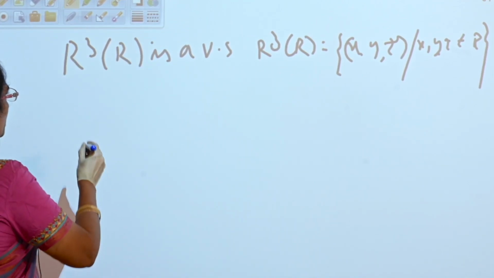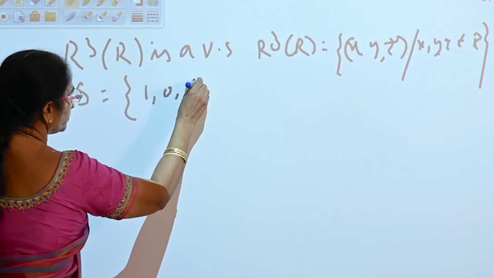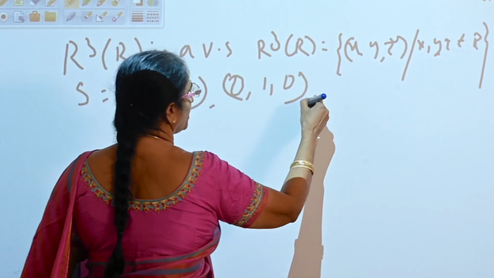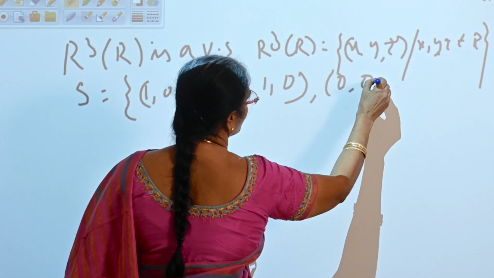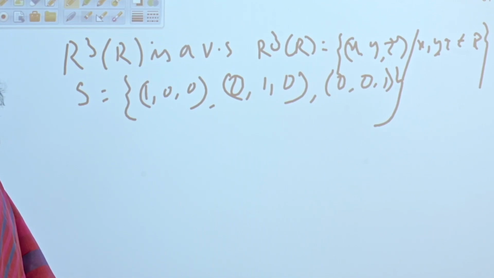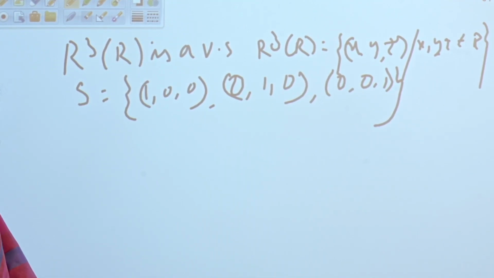Okay. Now take S is equal to {(1, 0, 0), (0, 1, 0) and (0, 0, 1)}. Now S is containing 3 elements. Now you are going to say S is a basis. If you want to say that S is a basis, what should be S? S should be linearly independent and L of S should be equal to V. L of S is equal to V means any element in V can be expressed as a linear combination of these set of elements, is it?